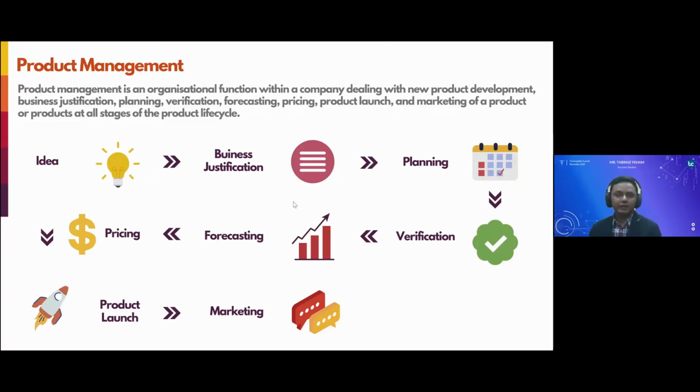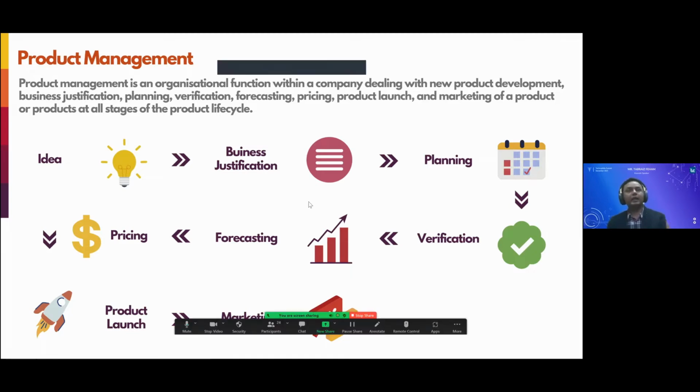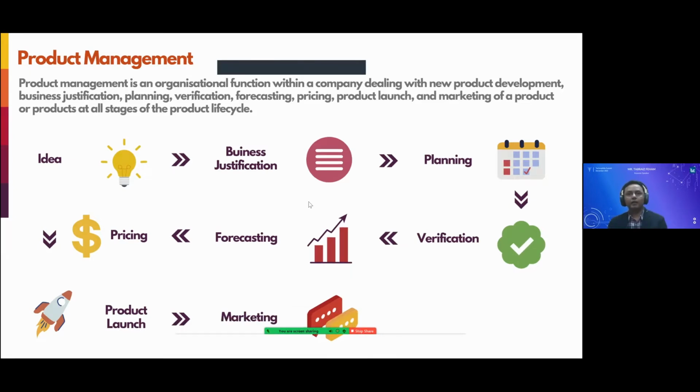And then verification in product development and product management is always done by developing a prototype. So the first thing that you should be developing right away is a prototype. A prototype is an agile or quick way of developing a product, a basic minimal viable product that you can take into the market, and you can justify your idea, and come up with a rationale that this is a product that can sell.